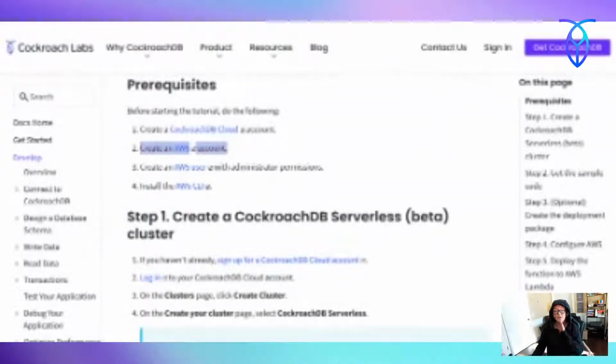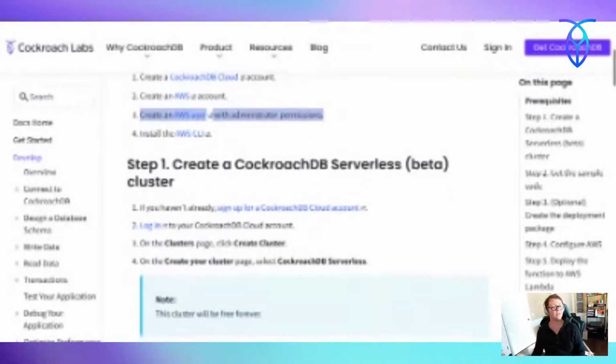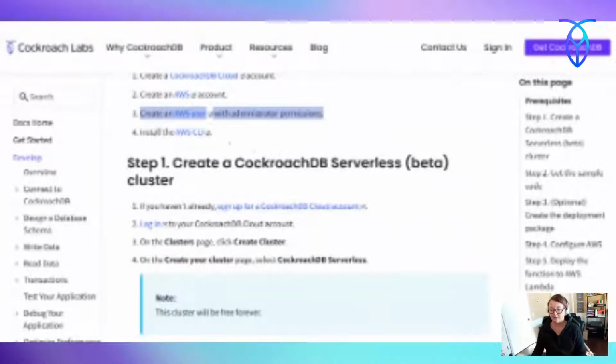I literally just created my very first AWS account and got stuck on step 3. And I was like, you know what? I should do this live. And also, emo day over because it's hot. But I did install the AWS CLI, which is command line interface. So I'm going to try to figure out this AWS user with administrator permissions,